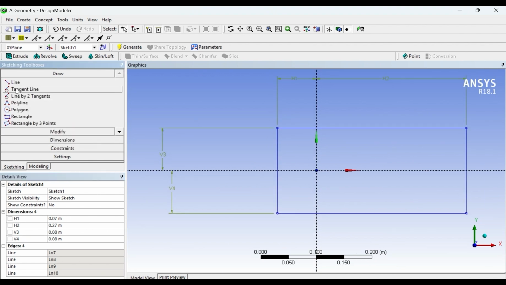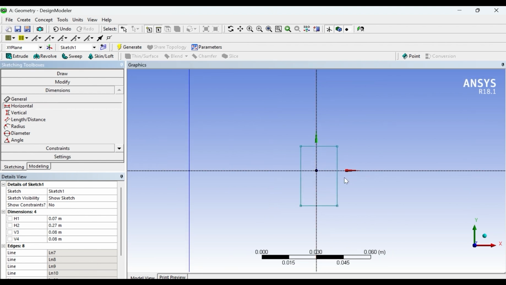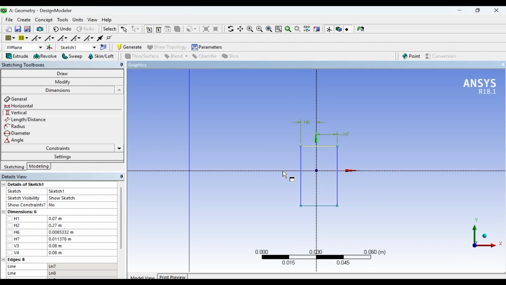Now we will be going with the inside rectangular part. So we draw it. Okay, now again we give the dimensions. First horizontal we will be giving H6 and again H7. Again we give the vertical one, V8 and V9. Now we give the dimensions as